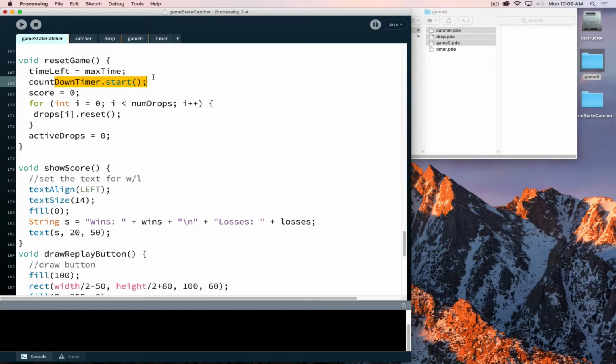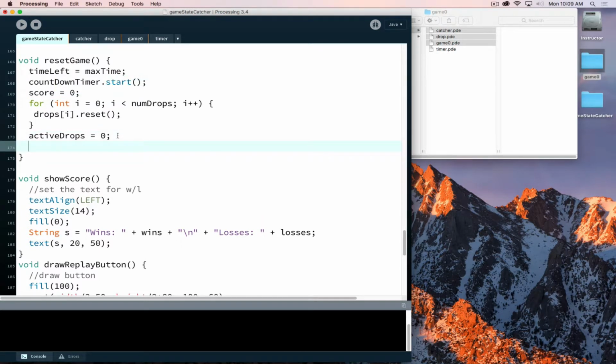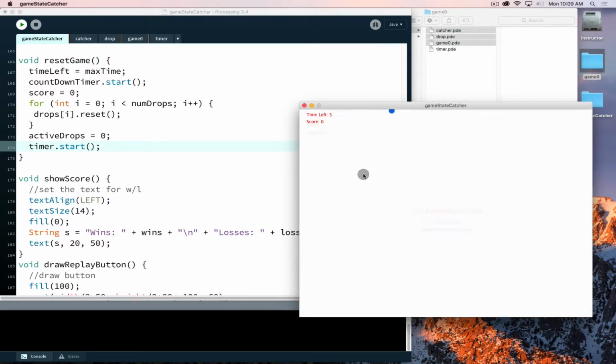While we have the countdown timer going, we need to tell the main timer to restart properly as well. So we do timer, and this is our drop timer. It should probably be renamed now that we have 2 timers in our project instead of just a generic timer, but our default timer is from our catcher game and it was only tied to the drops. So we tell the timer to start the same way we tell the countdown timer to start. And this gets us so that now when we reset,